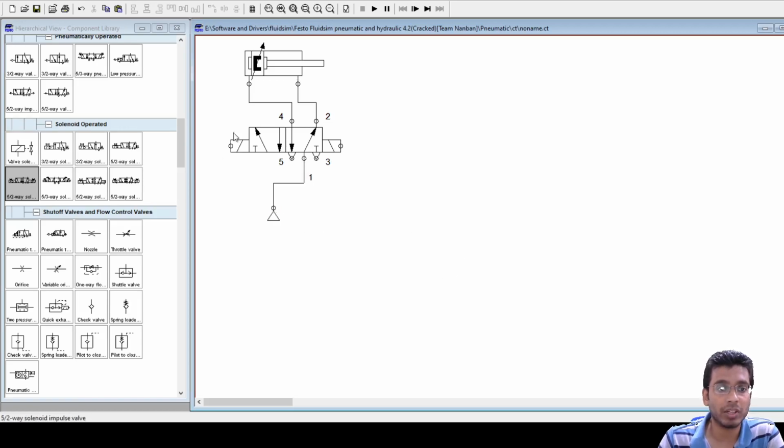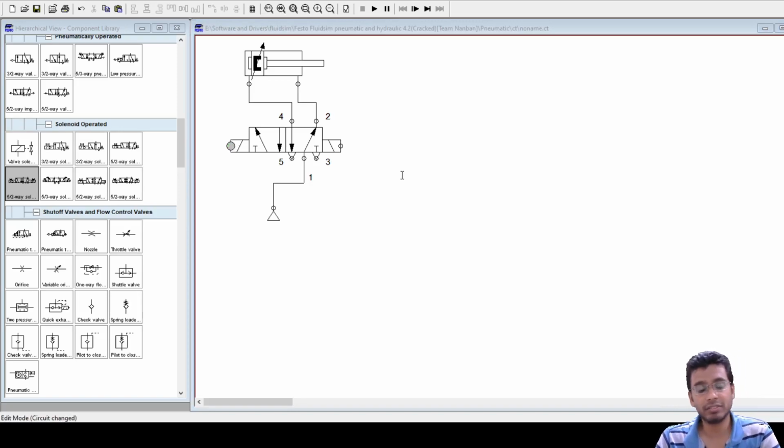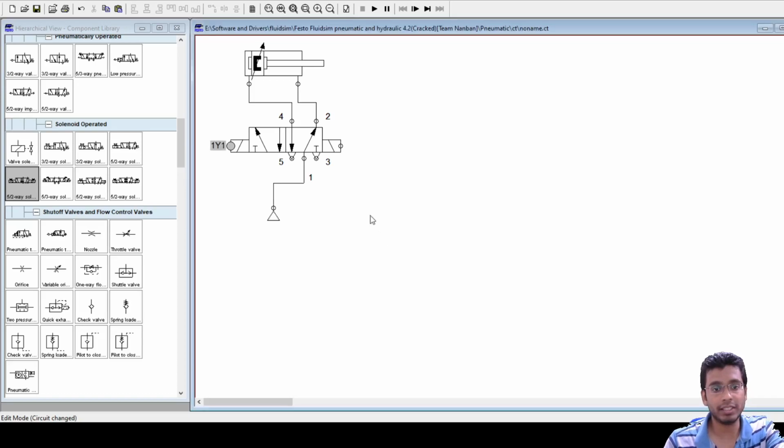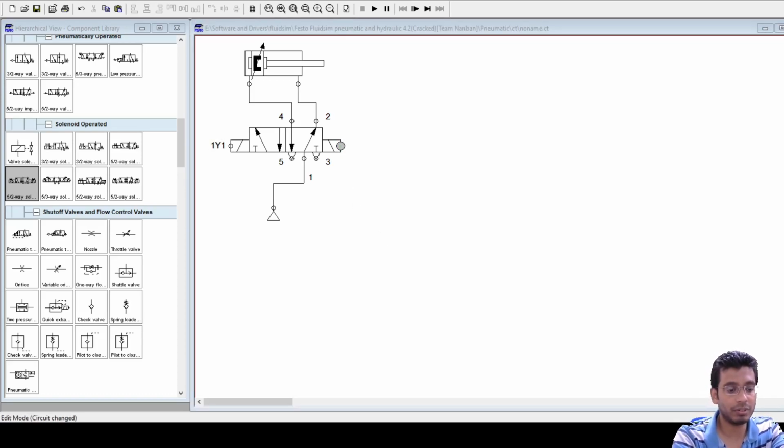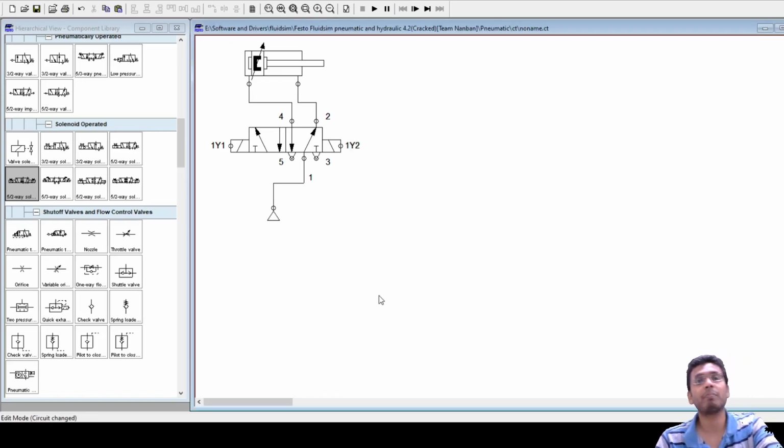Now tell me, what should I name here for your valve? The left solenoid valve, what should I write during the labeling of the valve? 1Y1, good. And the other one, this right one? 1Y2, fine.